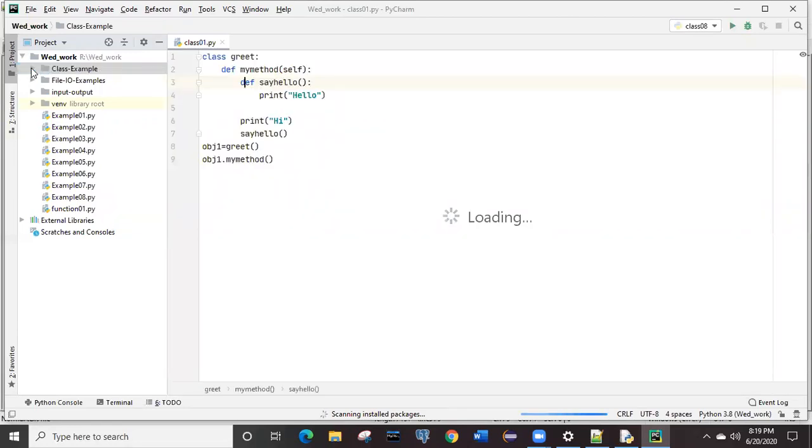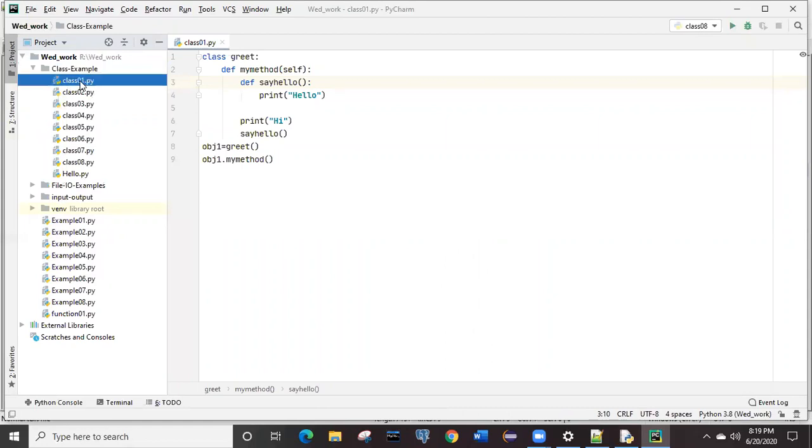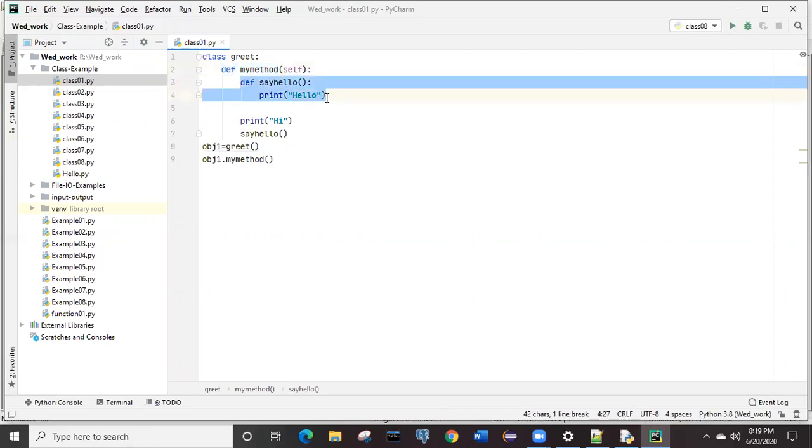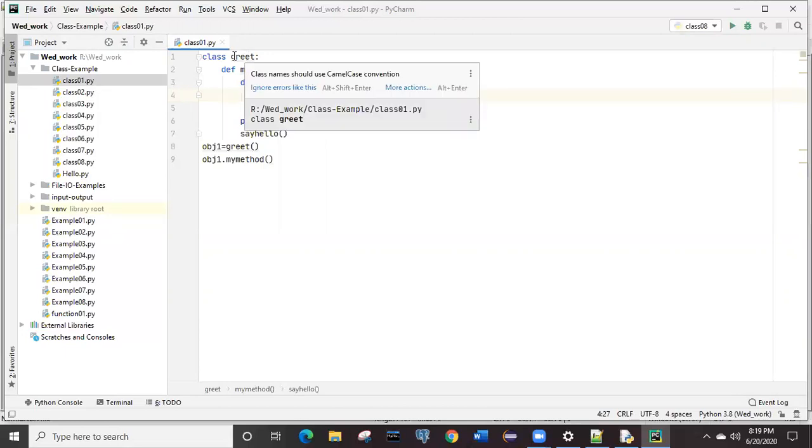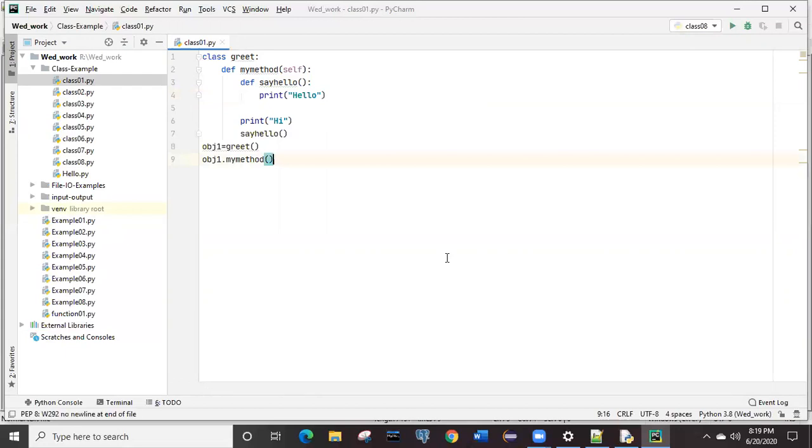In the last sessions, I was discussing with you one class known as Welcome, which gives you some greeting messages whenever it gets called. Inside that class there was one method, and inside that method another method, right? These were the syntax we discussed in the last class. This class I renamed here, and you can say it is known as Greet. This is the standard way we write classes, as you can see here.